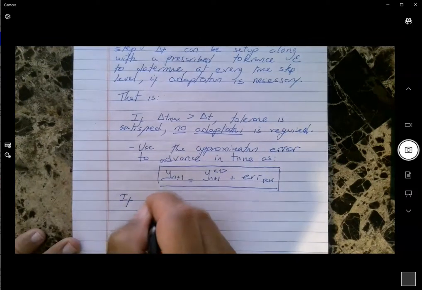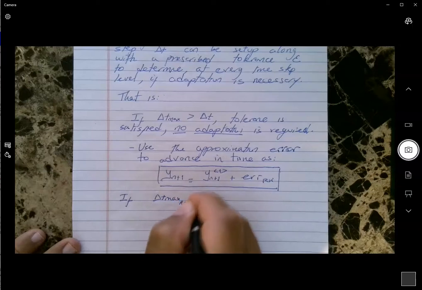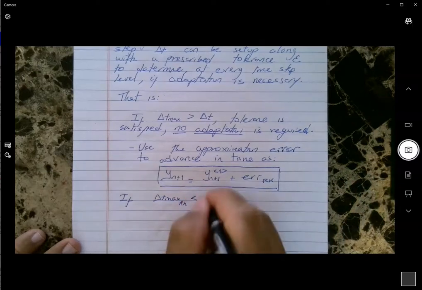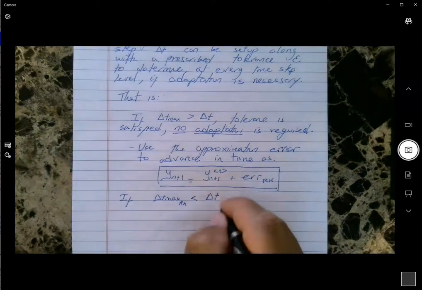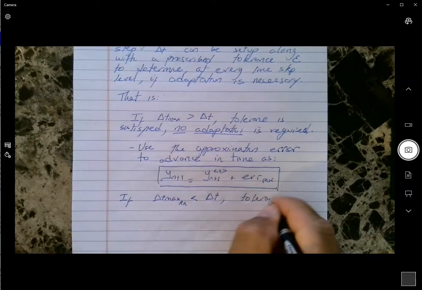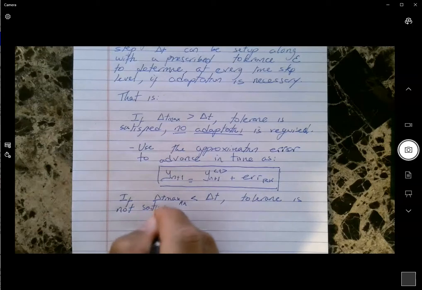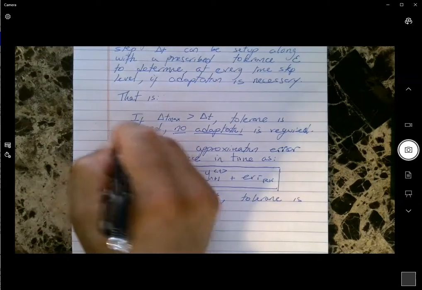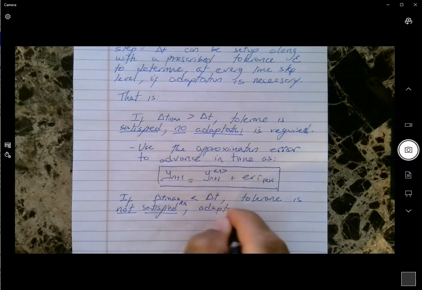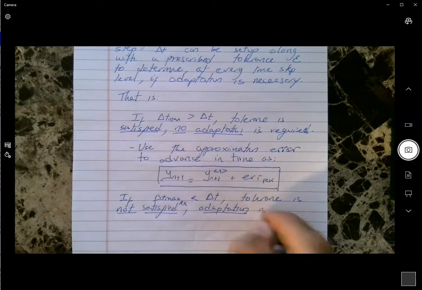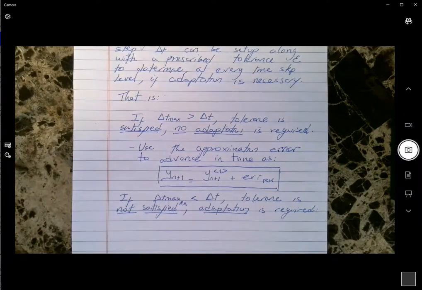if delta T max is less than delta T, then tolerance is not satisfied. So now adaptation is required. So what we do